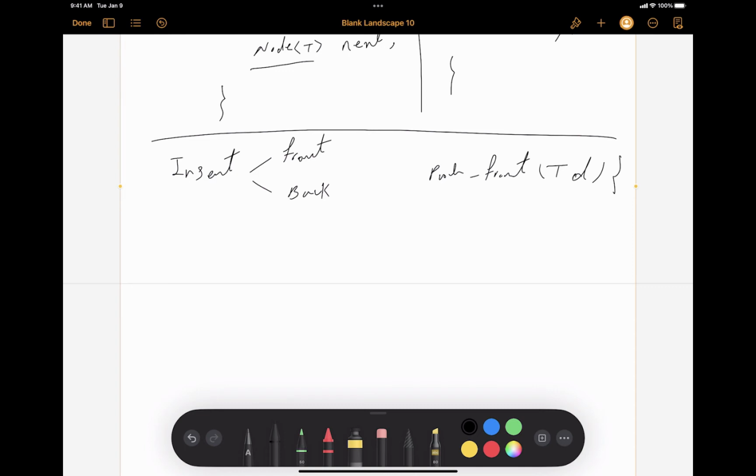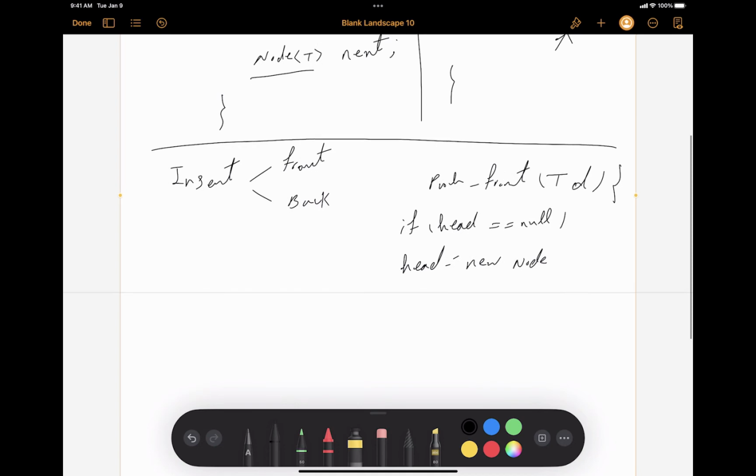So we want to check if the linked list is empty, and that's going to be with this if statement. So if header is equal to null, that means that the node head does not exist, or the linked list is empty. Then this node that we're going to create will be our first node, or in other words, it's going to be our header or head. So head will be equal to the new node, and again I'm using the Java syntax here,